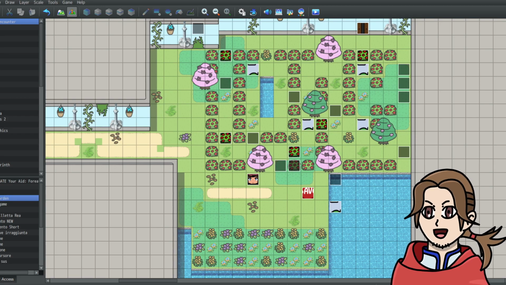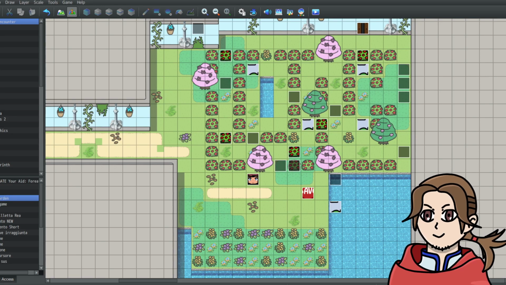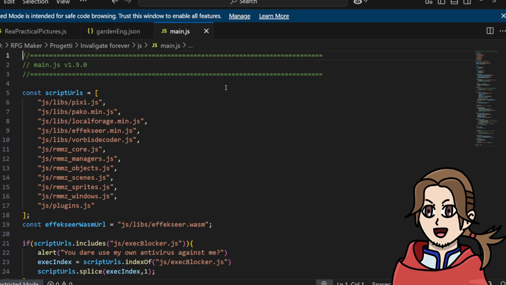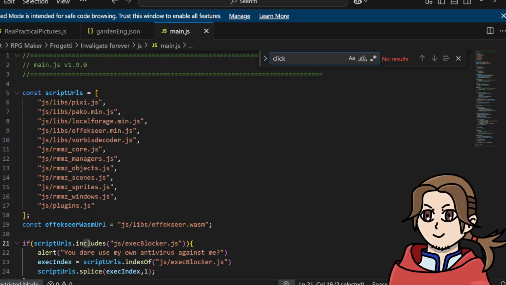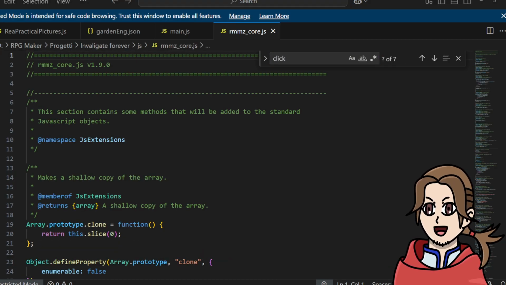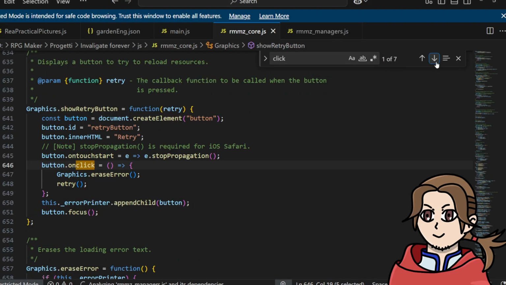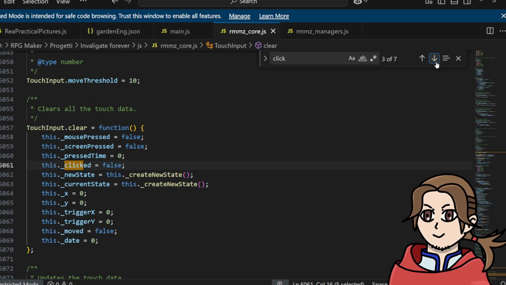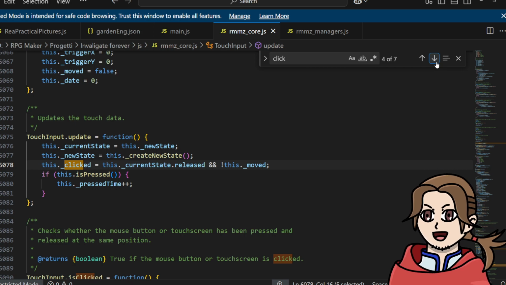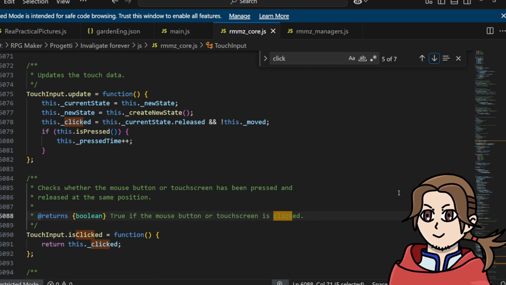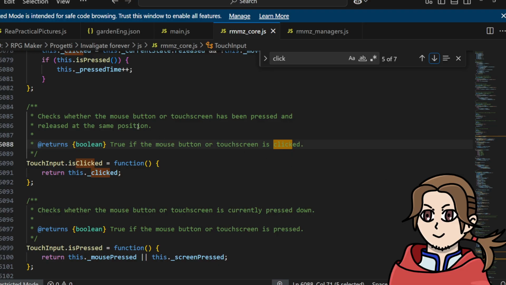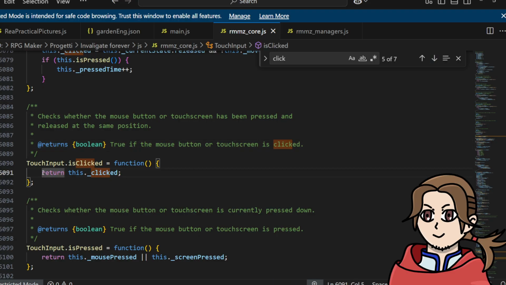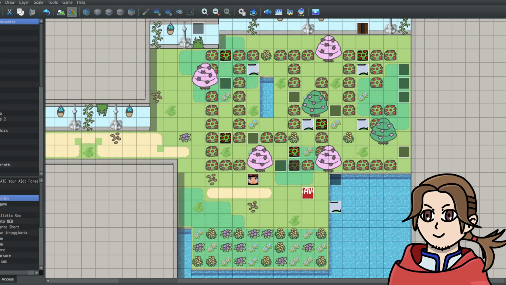I think we simply go in the code. Honestly though, I don't know where to look. We go with the keywords. Click. Until something clicks. Retry button. Virtual click. Huh? No. Touch input clear. Touch input update. Touch input is clicked. This one maybe? Let me see if I disable it. We can